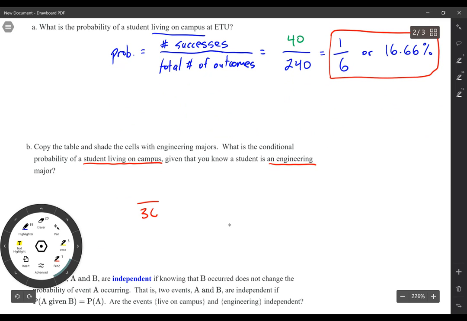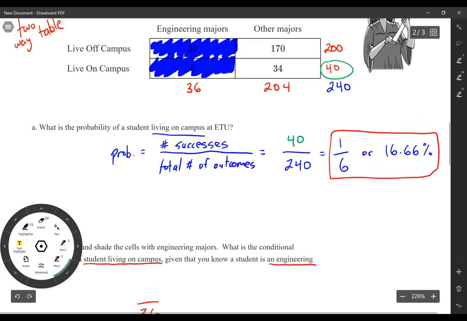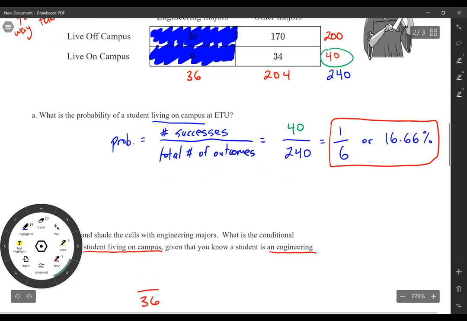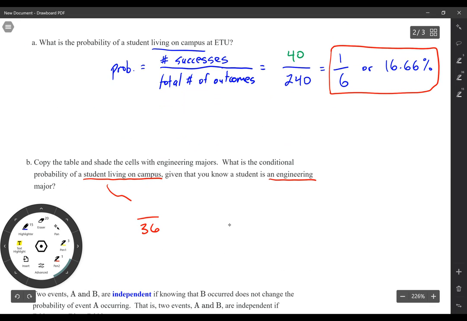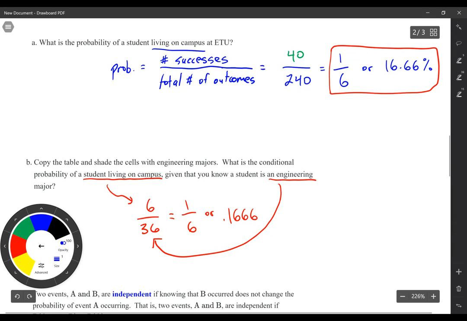So our bottom is going to be 36, and then we want to calculate the probability of a student living on campus, which if you look at it, there are 6. So we actually have 6 students living on campus out of a total of 36 engineering majors. That simplifies to 1 over 6, which is also 0.166 or 16.6%. Any of those answers work. So that would be